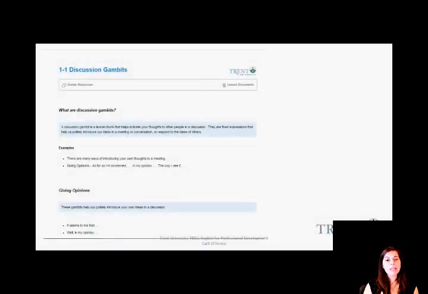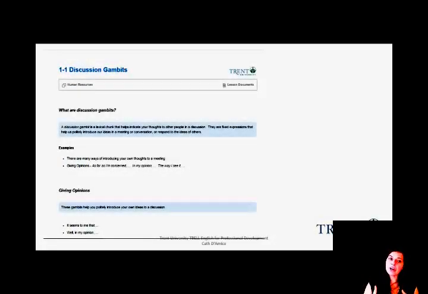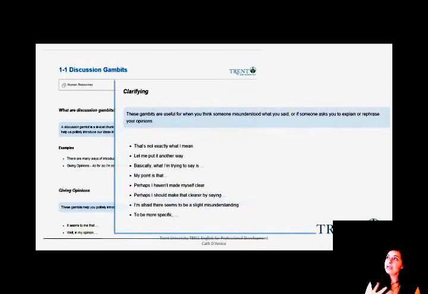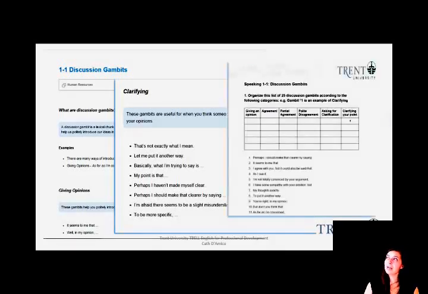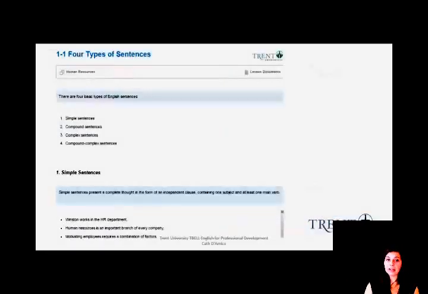And then going into some of the language in terms of jargon. In this case, we're looking at discussion gambits, where students are developing the ability to engage in a business style conversation or dialogue, and allowing them to use some of the common colloquial tools that we have in the English language in a very business-minded context. So all of these aspects of the lesson both reinforce the business content through the development of the language.